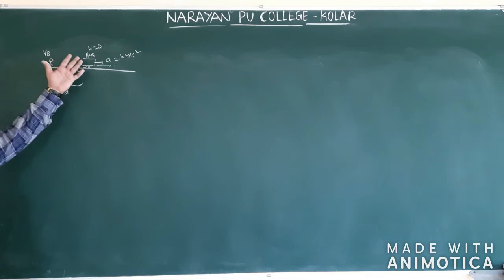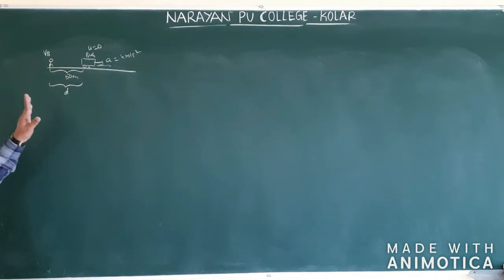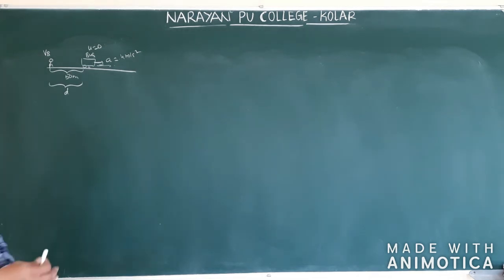Again, total distance by total time. Time also they didn't give here. In the previous problem they gave time, but in this problem they didn't give time. But they are asking what is the minimum constant velocity. Minimum constant velocity means maybe 10, 5, 2 we may get. So what is the minimum velocity to catch the bus?